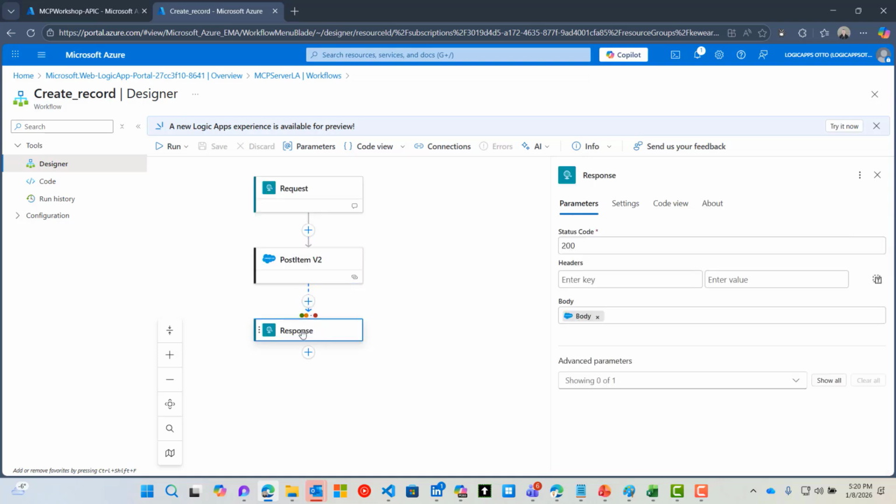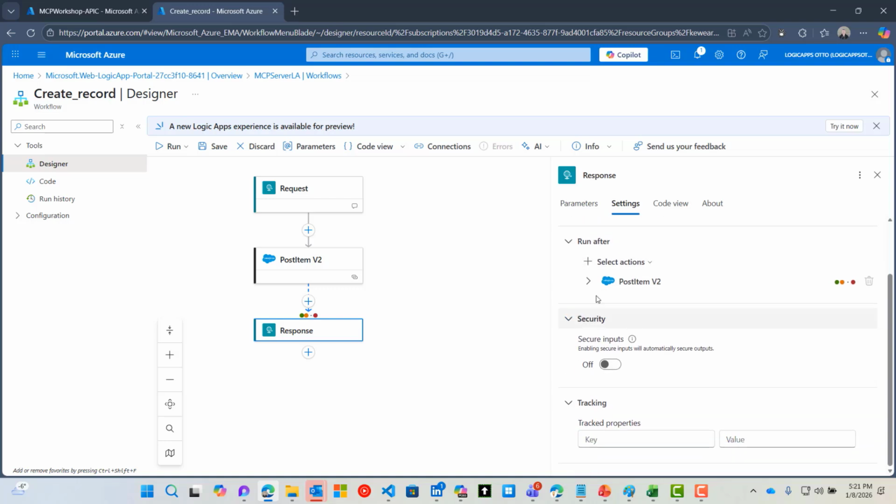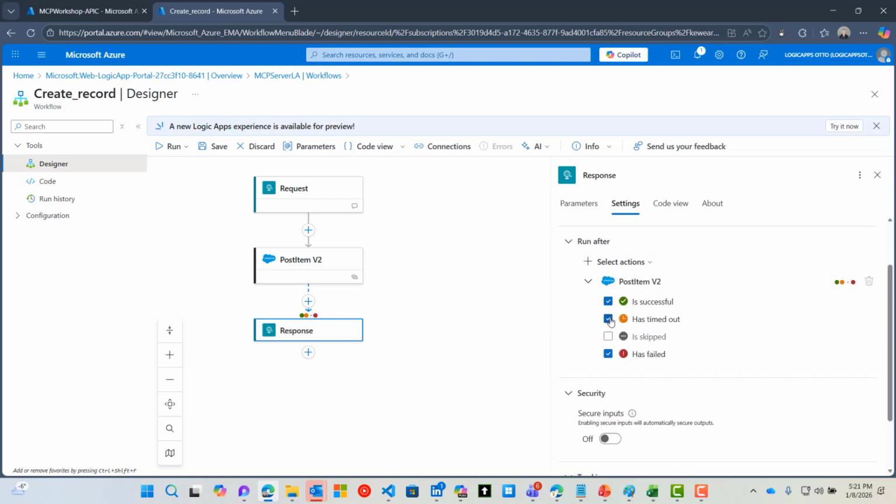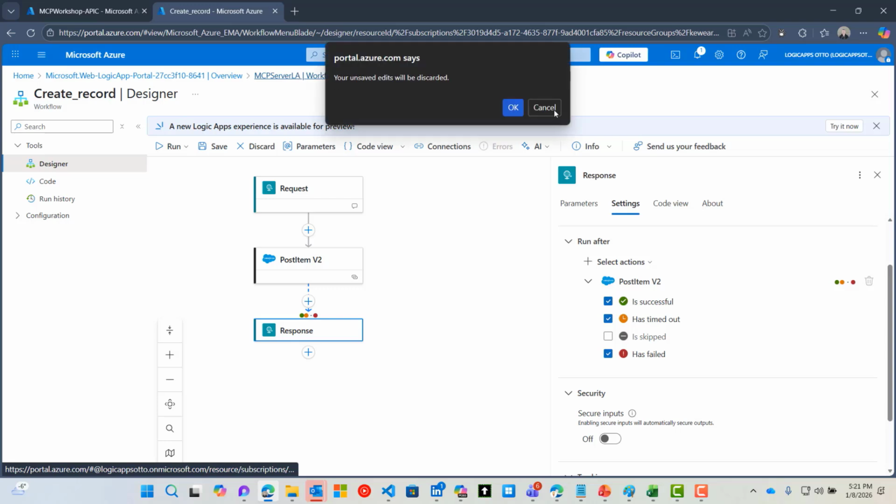A best practice as well on the response, we're just going to return the entire body. We could update this if we wanted to, but the configure run after is pretty important, where we always want to provide a response if it's been successful or timed out or has failed. So even if we get an error message for some reason, we should communicate that back to the model so that it can actually try to retry the execution itself. So that's the Logic app